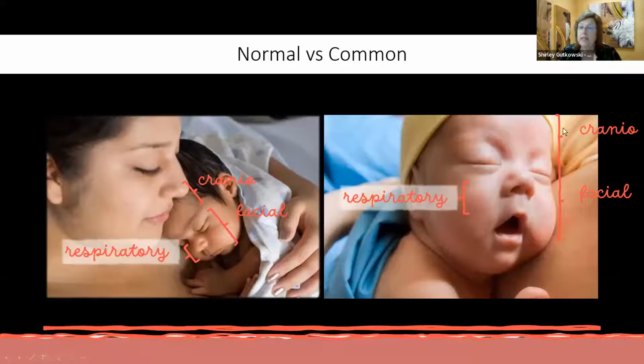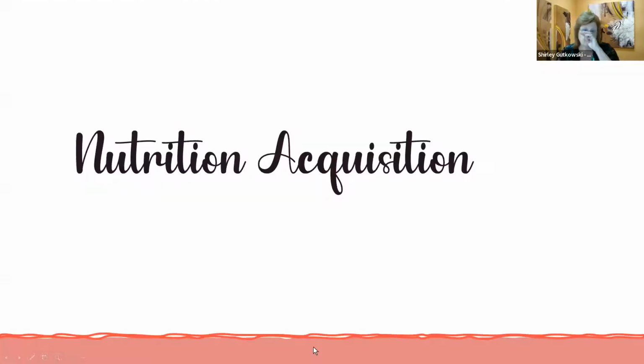When we're looking at these infants, we have to think about the craniofacial respiratory complex. This here is an escape hatch. Something's wrong with this baby up in here that's making the mouth open, because this is normal with the mouth closed. The mouth is for nutrition acquisition. It is not for breathing. There are no physiological benefits to breathing with the mouth open. The only reason it's there is if you fell and you were still wearing no shoes and a loincloth, you would fall, land on your face, your nose would swell, and you could still breathe with your mouth. That's the only reason the mouth is there